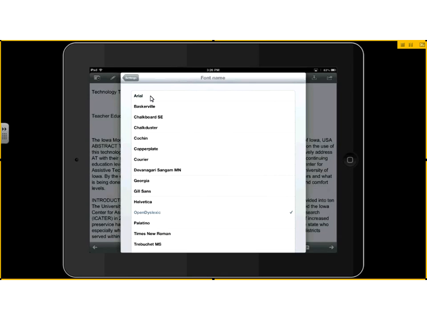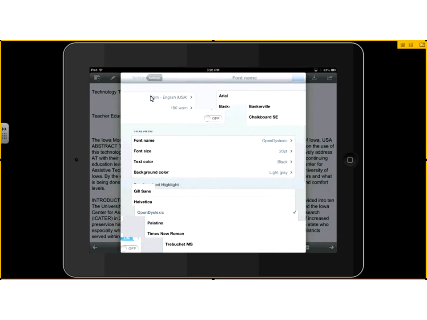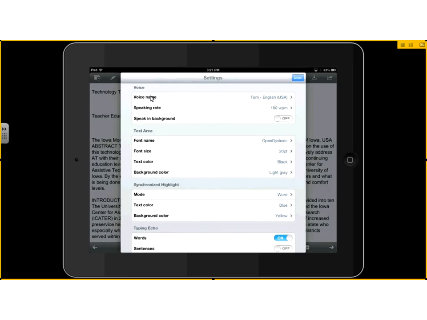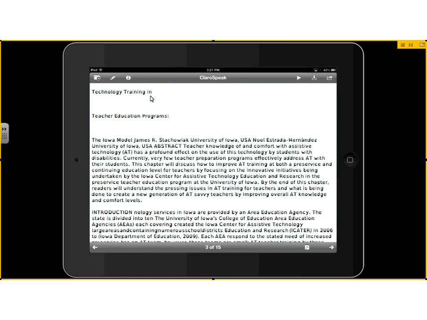And that Open Dyslexic, we've seen this in some of our other apps. This is that dyslexia font that makes it easier for somebody who has dyslexia to be able to read this. So this is really a nice tool to give access to reading to somebody with dyslexia. So we'll change it to that dyslexia font, and you'll see it changes that on my screen if I go ahead and hit play. Now you're starting to see that highlighting in blue and yellow there as we go through